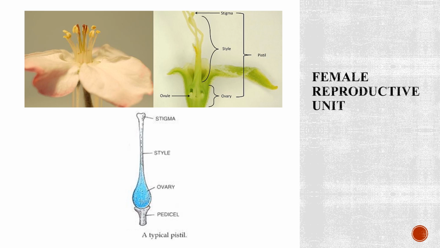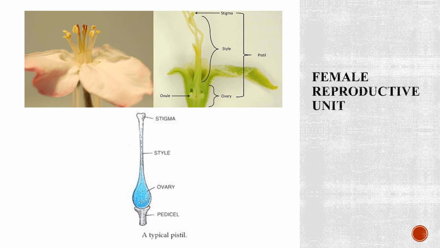The female reproductive part in a flower is the innermost whorl, which is also known as the carpel. Carpels collectively are called the gynoecium. A flower may have a single carpel, and that is called monocarpellary. If a flower has two carpels, it is called bicarpellary, and if several carpels are found in the flower, it is called multicarpellary. The free unit of gynoecium is called the pistil or carpel in other terms.